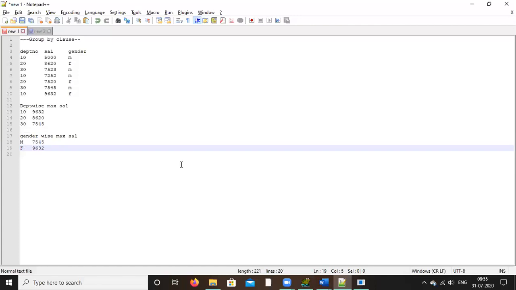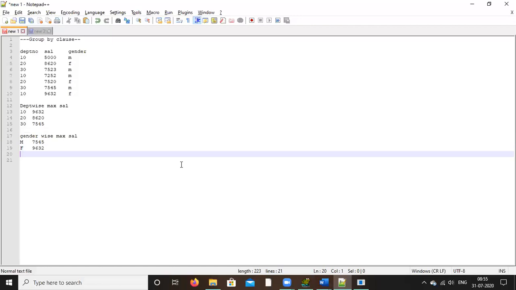So this is again a group by. You are grouping through gender, so you have to group by gender only. Then we'll get the male. When you are grouping, we have two groups, male and female. So we can segregate it like this. Then out of this male, which is the highest one, like that. Clear.